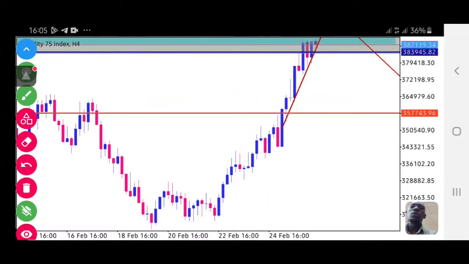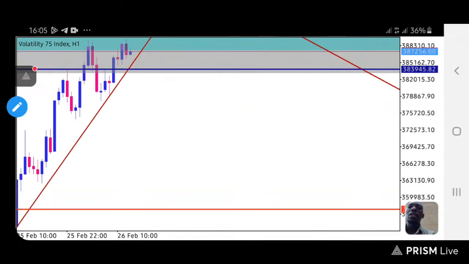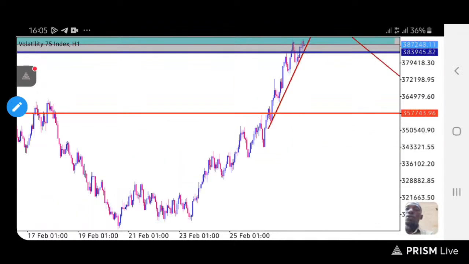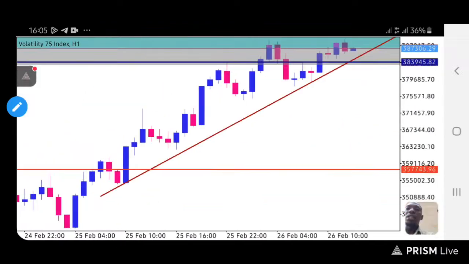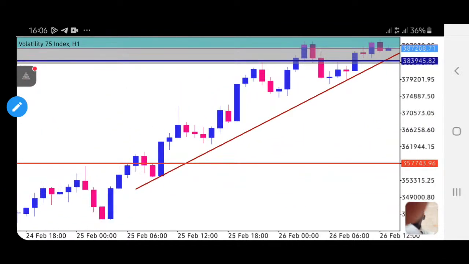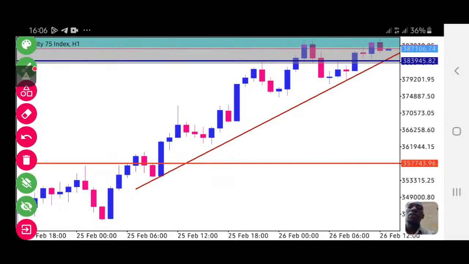Let us go to H1 very fast and we see. So what we have to do, if you are on a new chart right now, do like this. Go to H1 and there are these beautiful higher highs and higher lows being formed on H1. Just connect this 1, 2, and 3. Draw your trend line like this and wait.